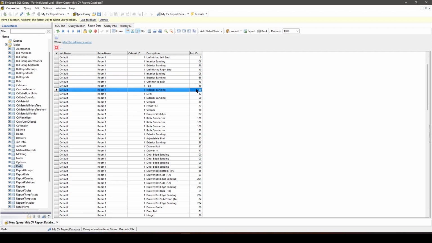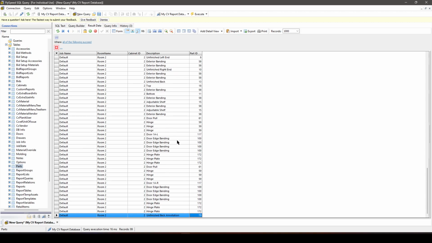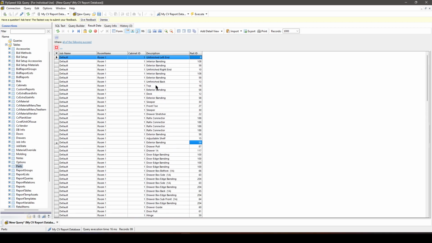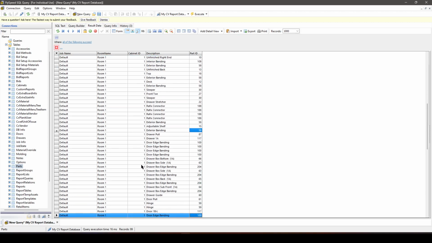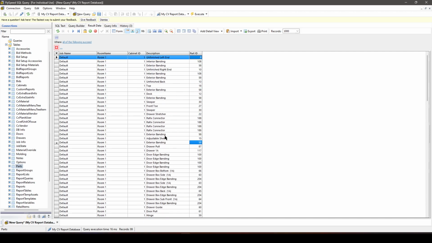So you'll notice exterior banding is 58 over and over. Anywhere you see it, it's 58. However, we do have a complete list of all parts. We know which cabinets they belong to, and we know which rooms they belong to. So if we wanted to count how many pieces of interior banding we've got, or exterior banding, or how many Rafix connectors we've got,